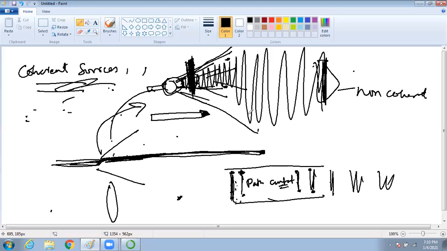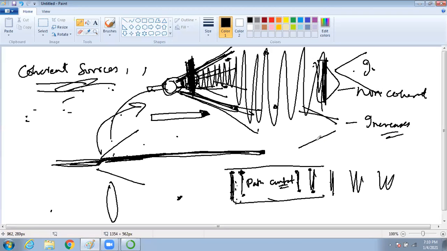But in the case of a torque, it is not so. The path difference is increasing. If you take the same point here, it is increasing. That's why it is diverging. Whenever any source diverges, the intensity decreases. But if a source converges, the intensity increases. If the path difference remains the same, the intensity remains constant. Clear, all of you?